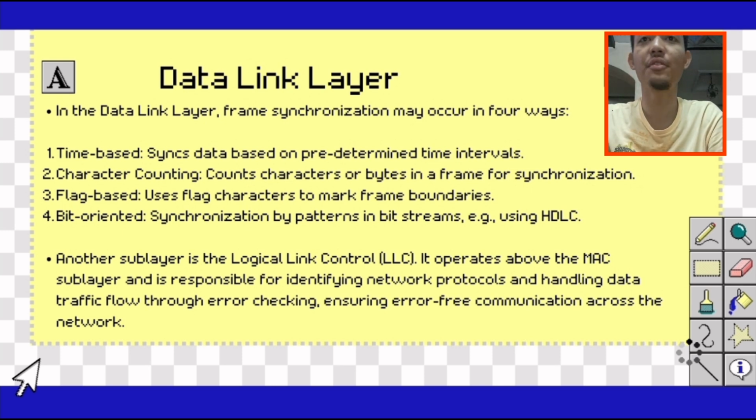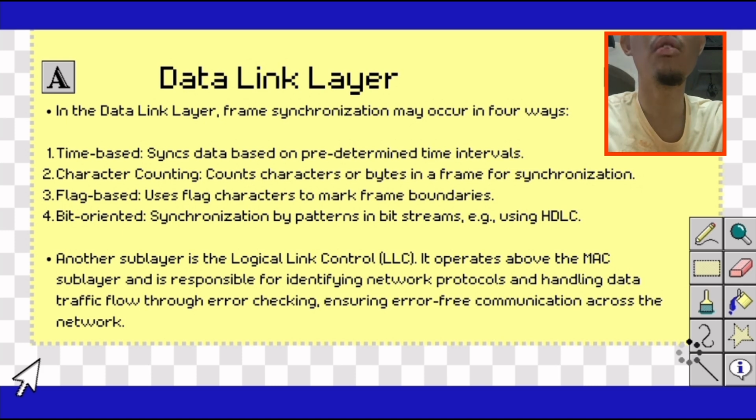Aside from being time based, there is also character counting, another method of frame synchronization, which counts characters or bytes in a frame. And then there's also flag based, which uses flag characters to mark frame boundaries. And finally, there is the bit oriented approach, which means synchronization occurs by patterns in bit streams using